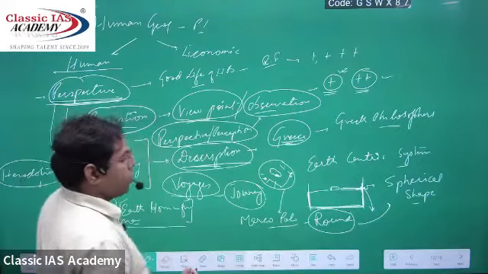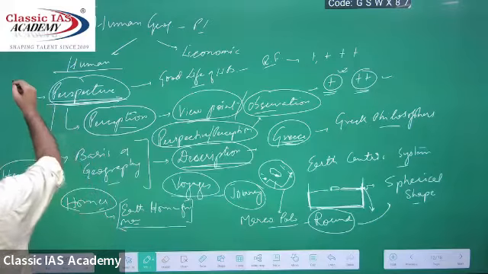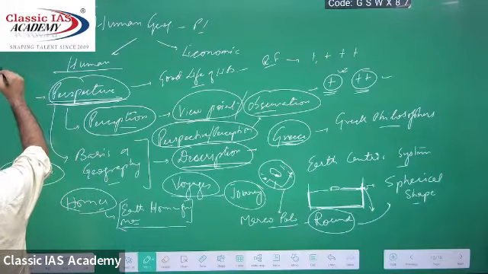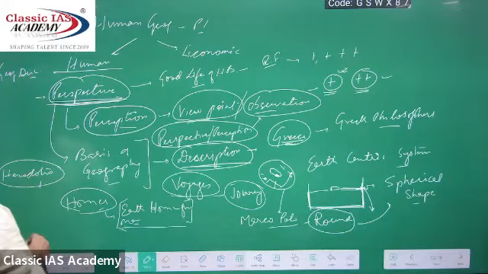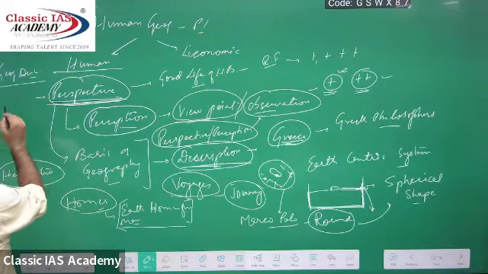So here in perspective, we study geographical description. They say geography is a descriptive subject. What we observe, that we describe. It is a descriptive subject, right? Again, when it further evolved, there was